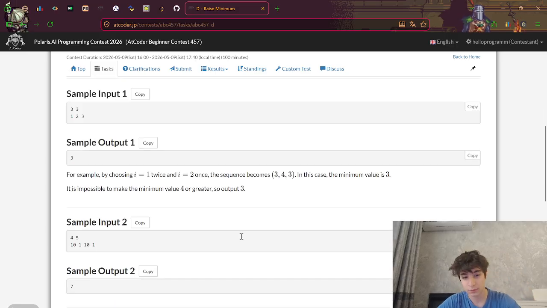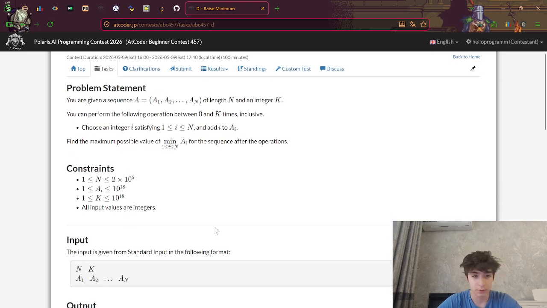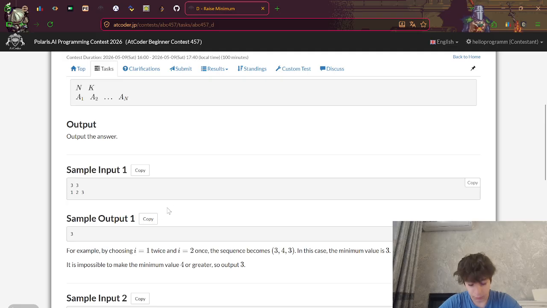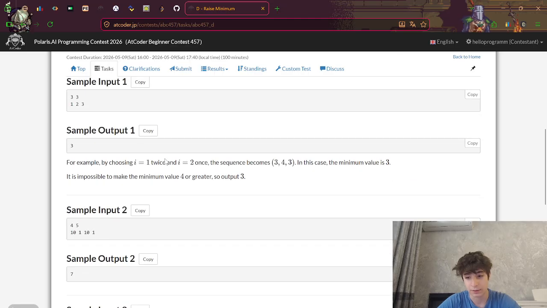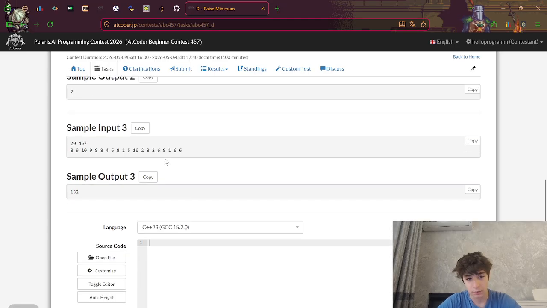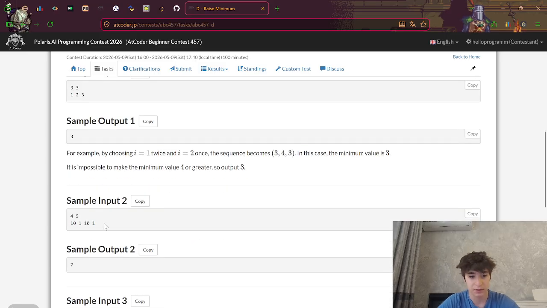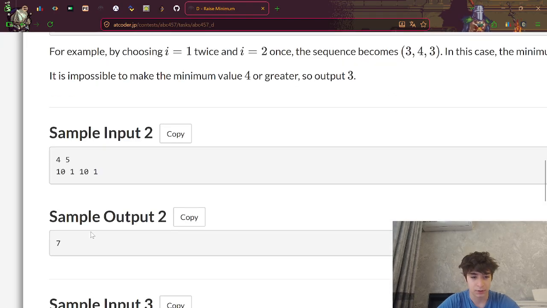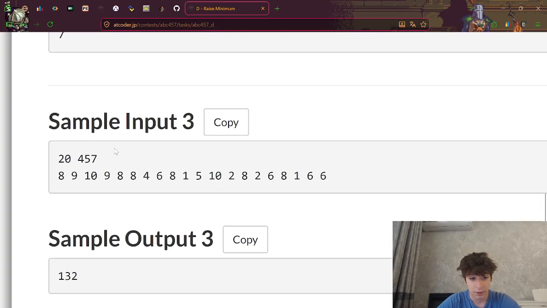So guys, I think I couldn't implement this problem, so why not think about it like 2 and 3. It says we need to print the maximum possible value of the minimum of the array. It means I need to pay attention to the minimum values, like 1 and 1. For example, how can I increase it? It says the minimum is 7, but if I do 1 plus 5 it is 6, and there's 6, but there's 1. Maybe the output is 1. I don't know how he did it.